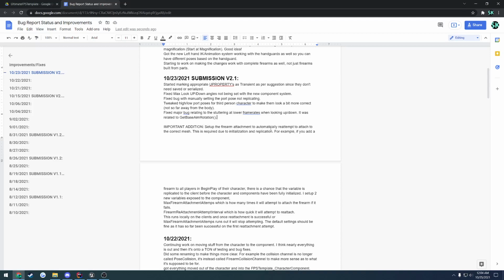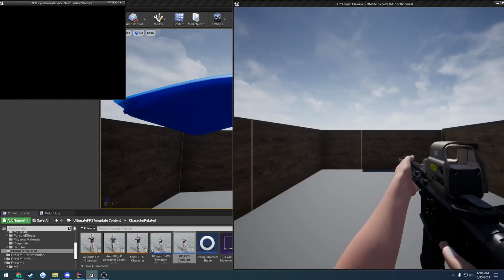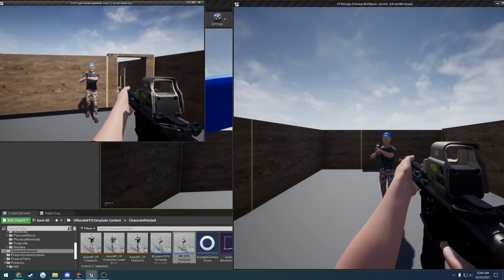Remember what this was? Oh, yes. So with the new component system, I ended up having a problem with initialization and adding the firearm. So basically, what would happen was if we played with multiple clients, I'll show you the setting here in a minute. The firearm,